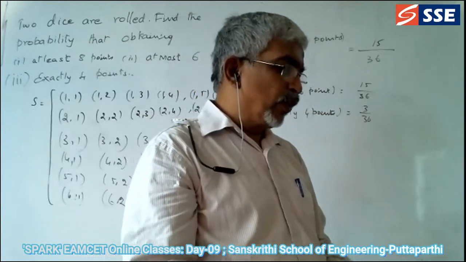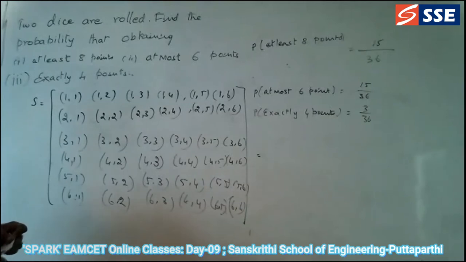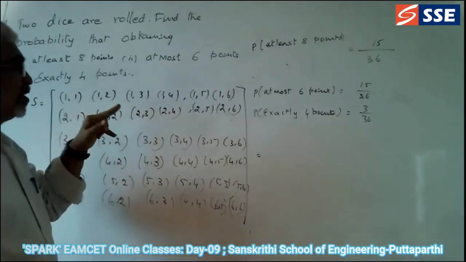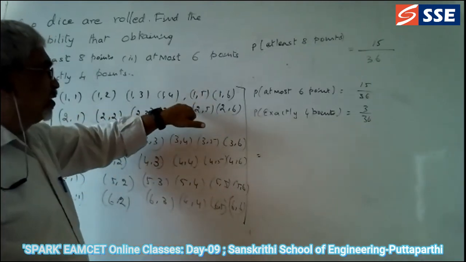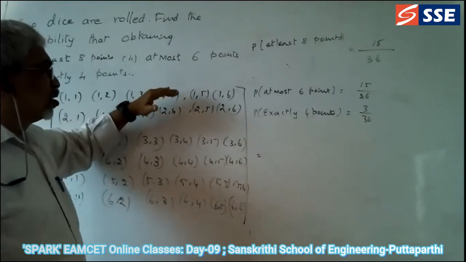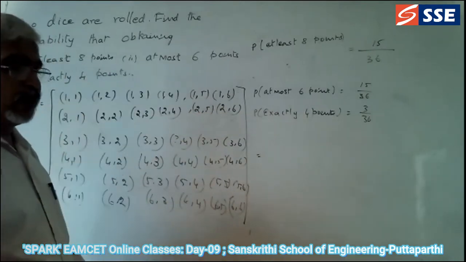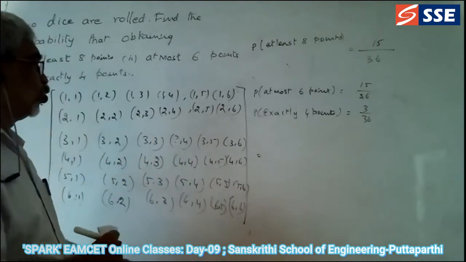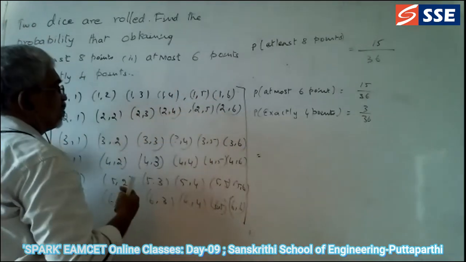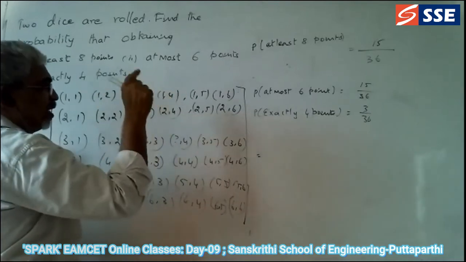Now let us go for, yeah, you got it. Now at least 6, at most 6 points I told. At least 6 points, it is not probability, it is the number of values, how many numbers you are having. So that number only we are going to put. It's not probability you have to put, it is the number. If you put probability also you will get the same answer, but we can put the number of how many we are having.